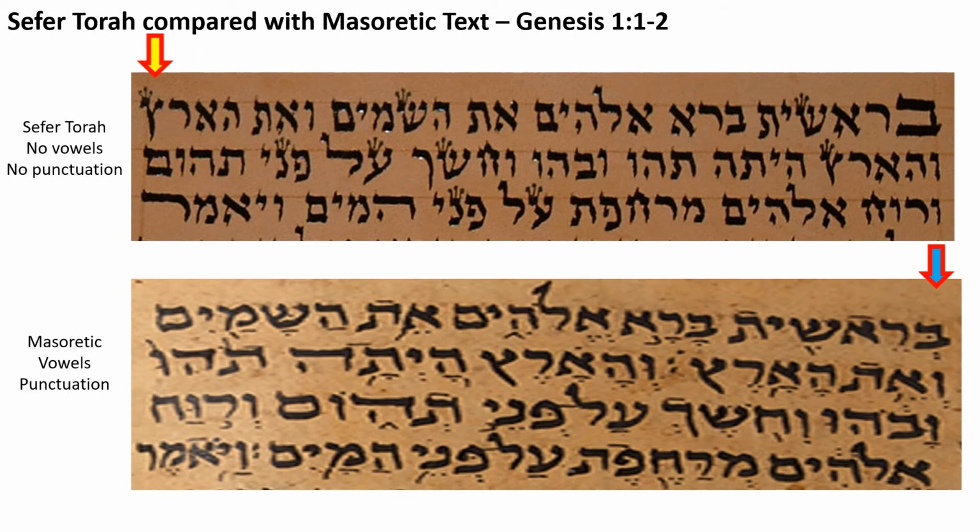So if we go down to the bottom and say, okay, what's the corresponding text? The bottom one is a Masoretic text with the vowels added. We can't exactly look at them side by side because a Torah scroll is usually bigger than a Masoretic text in book form, since the Torah has more honor to it. But essentially, if we go down to the Masoretic text and read from it, you'll see that it has the same information. Bereshit bara Elohim et hashamayim, and then it also continues on the next line.